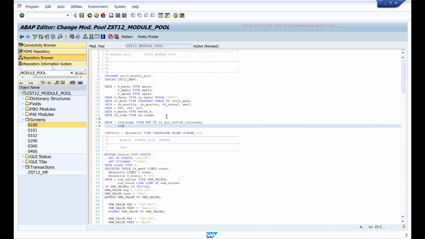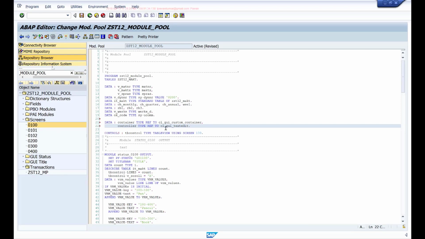So there are different controllers like picture control, tree control, text control. Type reference to CL_GUI_TEXTEDIT. So this is a text control. Like that, CL_GUI_PICTURE control is there, CL_GUI_ALV_GRID control is there. So like that, there are different controls available.